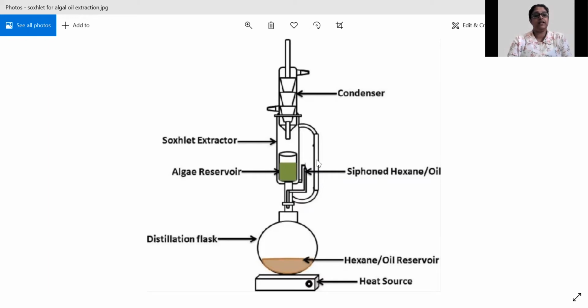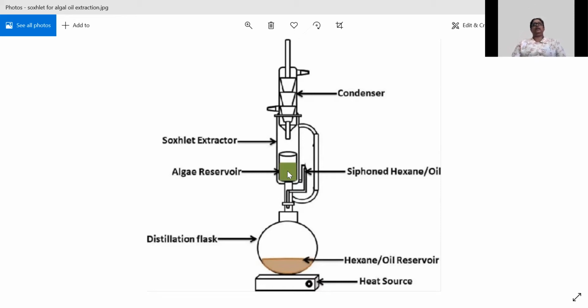The hexane in the extractor component will be colored because it is extracting the oil or the lipids from the oil seed that you are using, either sesame or mustard, whichever. It will have a brownish color because of the extraction happening. But once the extraction is near complete, because only pure hexane is getting evaporated and going into the condenser section, the hexane in this chamber will start getting colorless. And that is when you can stop the process if you intend to get a complete extraction.